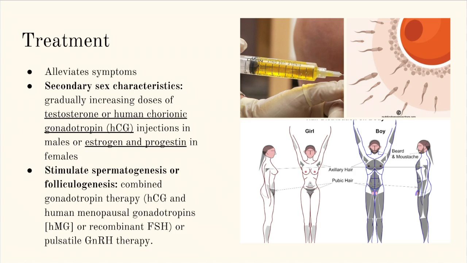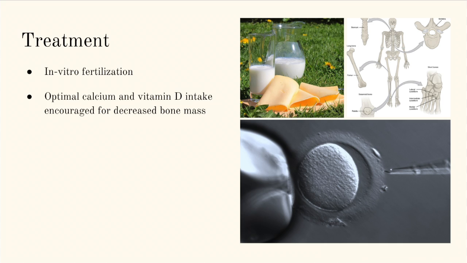If the patient wanted to become fertile, they would have to use combined gonadotropin therapy. They could also use pulsative GnRH therapy, which just delivers the GnRH through a portable pump. If those methods were unsuccessful, doctors could also try in vitro fertilization. And then the other treatment mentioned was calcium and vitamin D intake, so that any decreases in bone mass could